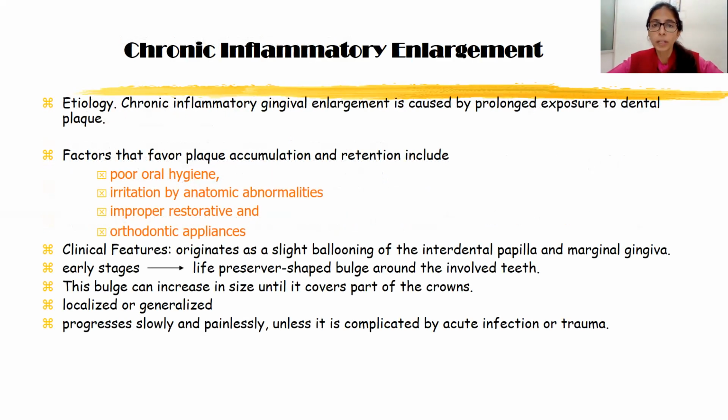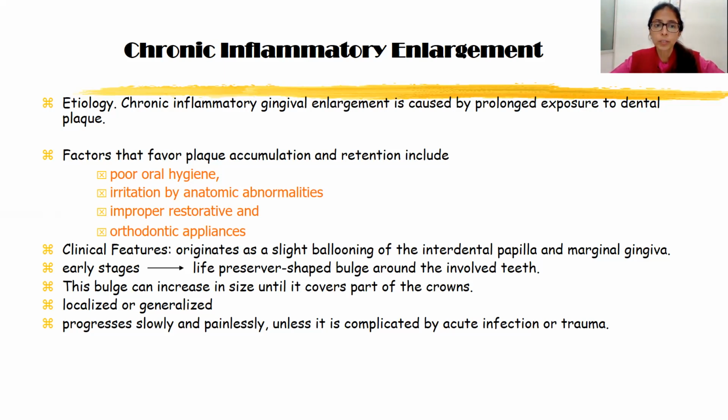Now, what are the factors commonly encountered for chronic inflammatory enlargement? The most common cause is poor oral hygiene, which leads to accumulation of plaque and calculus; both lead to a chronic inflammatory enlargement. So it could be poor oral hygiene, malposed teeth, orthodontic tooth movement, the patient being unable to maintain good oral hygiene, or improper restorations where the crown margins are inappropriate,